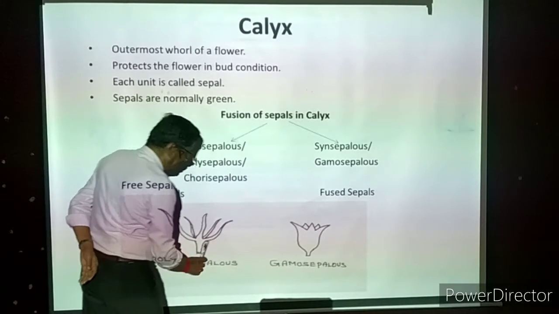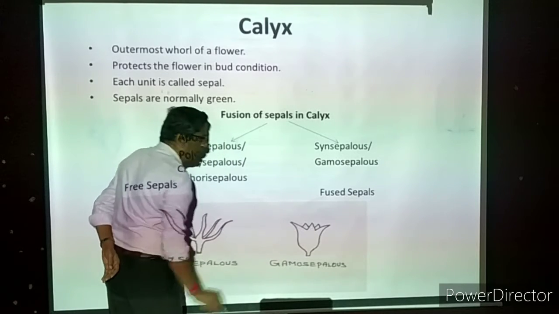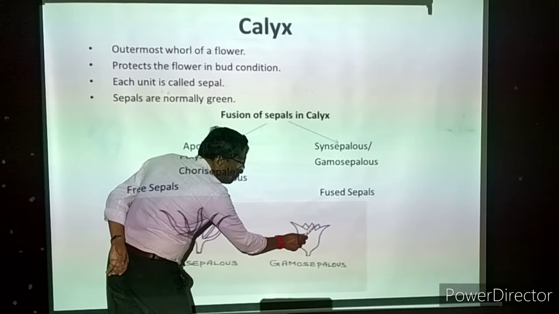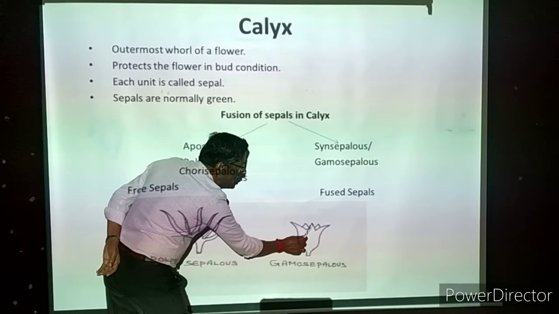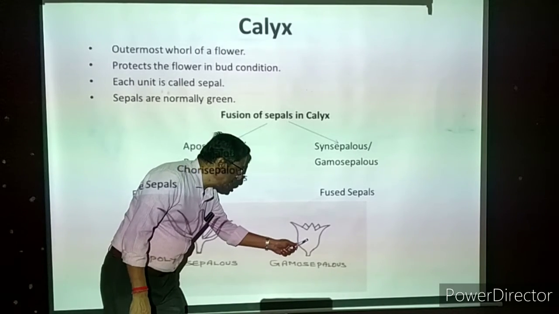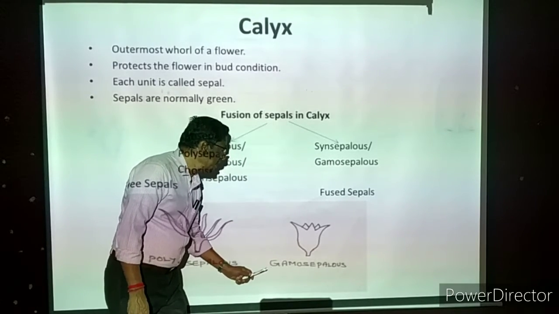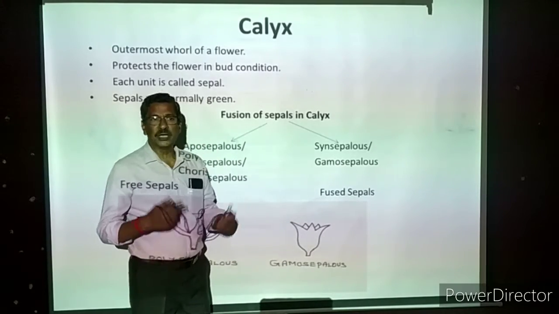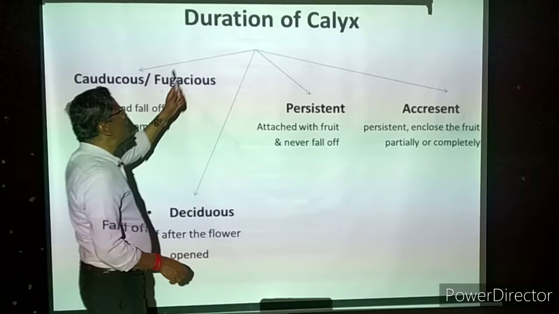I have taken the same calyx here. Now this is the calyx, 5 sepals are there according to this diagram. It may be 4, 3, 6, 7, 8, 9, like that. Margins and all are fused, forming a cup-like structure. Only at the tip they are free, a little portion will be free. The rest of the regions, all the margins, are fused. That is called fused sepals, gamocephalous. I told you gamo or syn, both are same, fused. Gamocephalous.